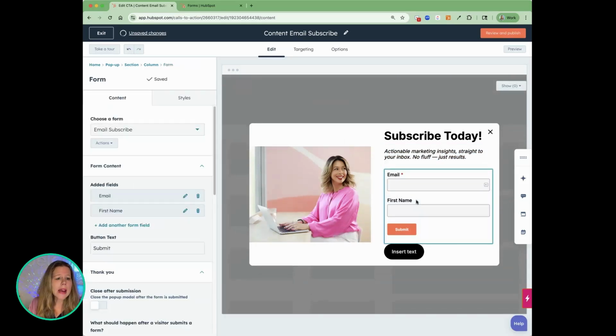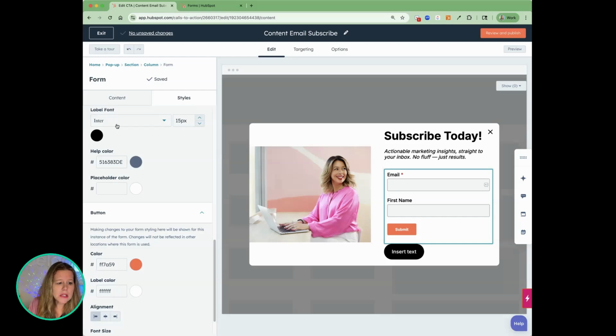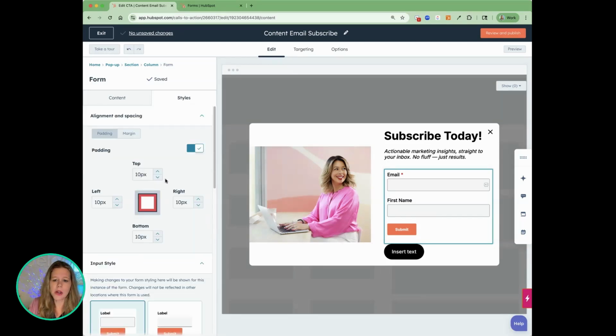Here's my form. Now, there's a lot of customization you can do. You can style your CTA, you can do different fonts, colors, all of that good stuff. You can highly customize your CTA, and I would recommend doing it in a way that aligns with your brand. So if you have a brand style guide, if you have colors, you have certain fonts that you're already using on your website, it's good to stick to that. It's good to make sure that is the same look and feel of your website. This is something that helps improve the trust of your visitor so that it doesn't look like just a spam